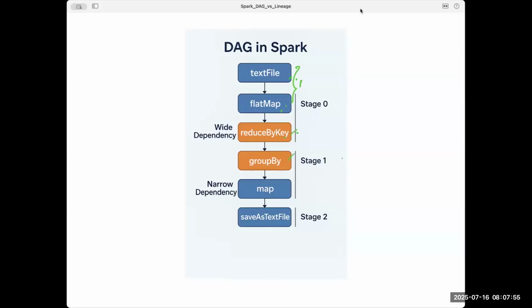These are wide dependencies, so that's why it has created another stage. Then again you have map and saveAsTextFile. This is a narrow transformation, so it has again created another stage. It will combine multiple narrow dependencies, and for each wide dependency, it will create one stage.